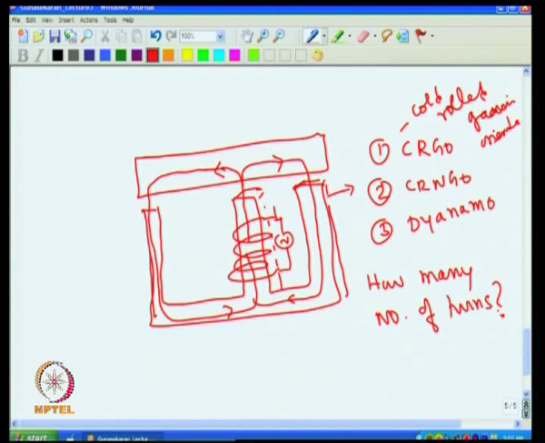That is the question. Now, if I apply a voltage to a coil, then there is a flow of current through the coil, and that is determined by the inductance of the coil. If I have inductance L, then the current through it is nothing but V by j omega L, because j omega L is the impedance, and omega is 2 pi f, where f is the frequency. So, the current flowing through this is given by this. That means, if L is more, obviously a small current will be flowing.